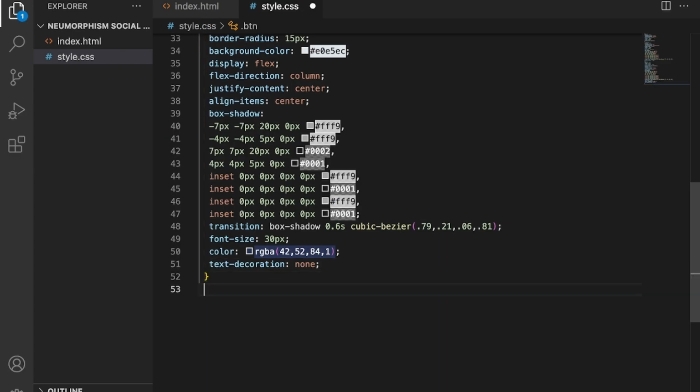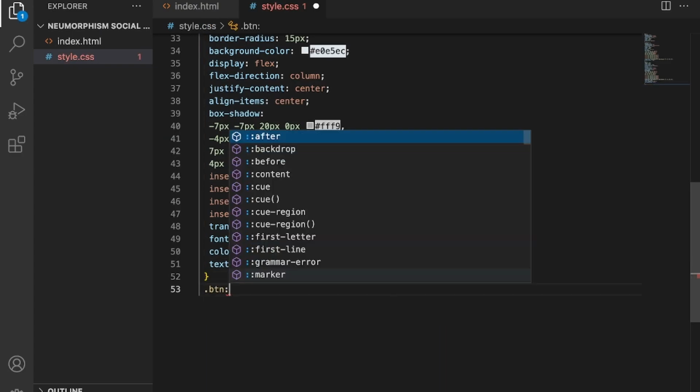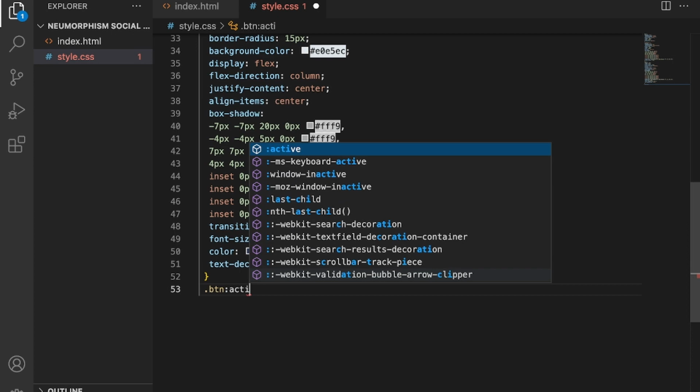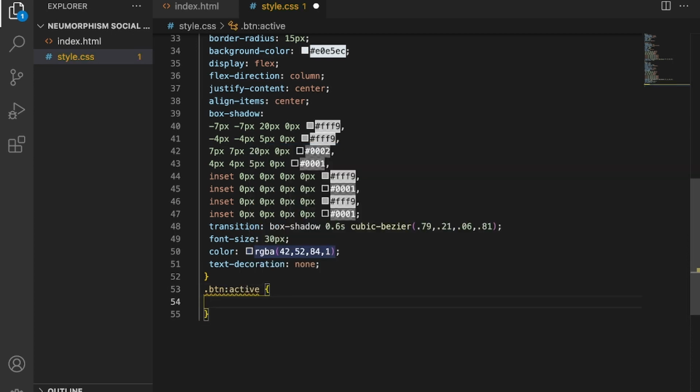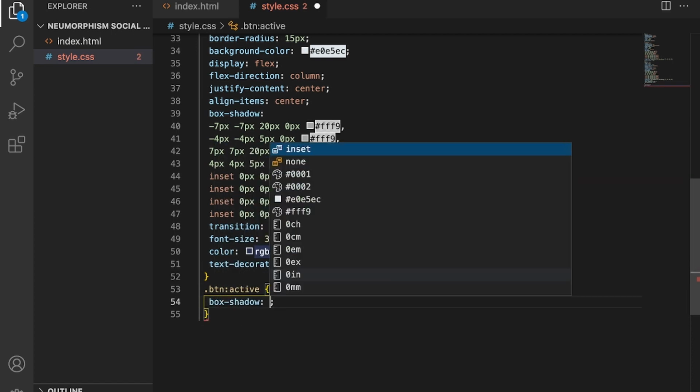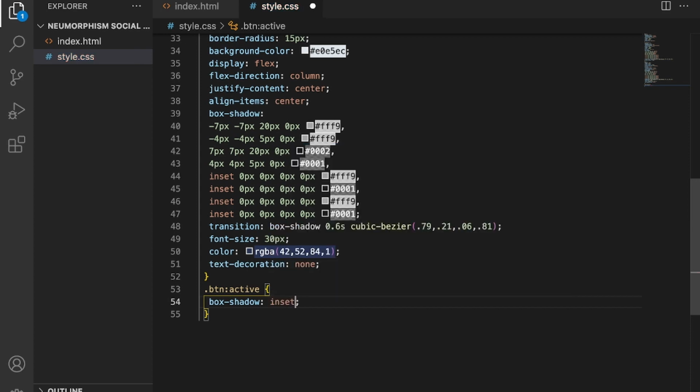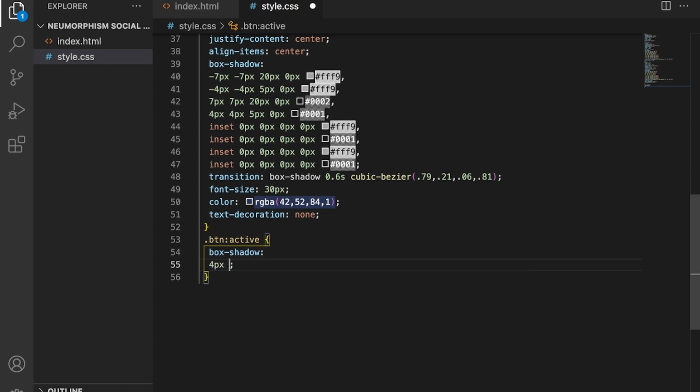So here I will write dot button, and here I will use the pseudo class active, and now I will give box shadow property, and here I will give some values: 4 pixel, 4 pixel, 6 pixel, 0 pixel, RGB 255, 255, 255, and opacity 0.5.